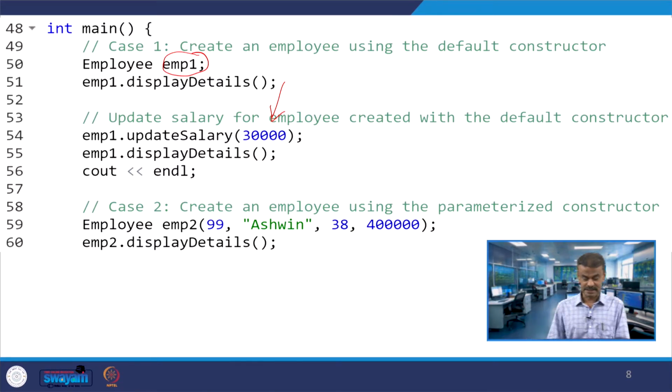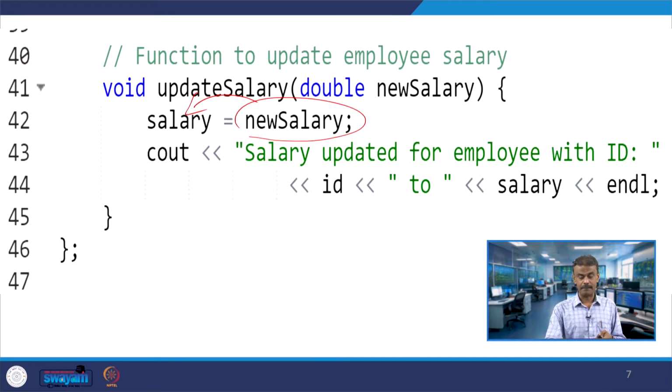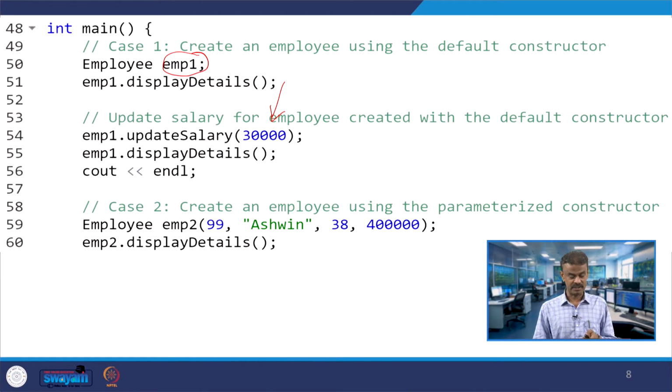You will have 0, unknown, 18, 0.0, and since you have this update, salary updated for employee with ID 0 to 30,000 will be printed for employee 1. I hope it is clear, and then cout endl means it will go to the next line.